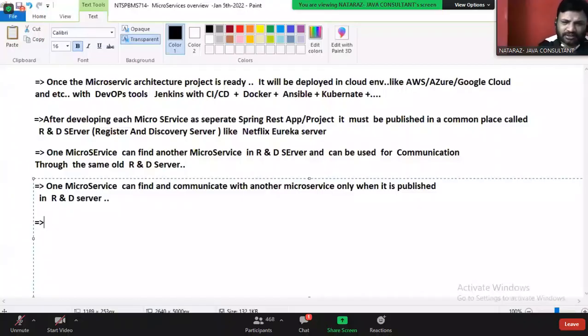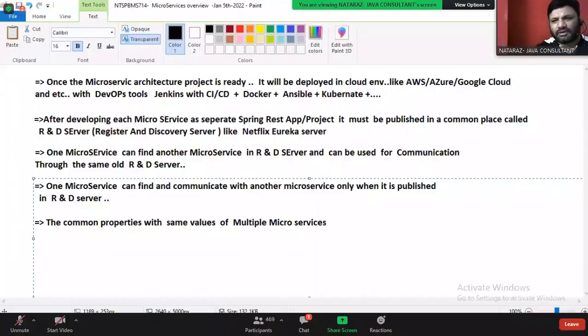Okay. Next, the common properties with same values of multiple microservices. Understanding my statement? Okay.